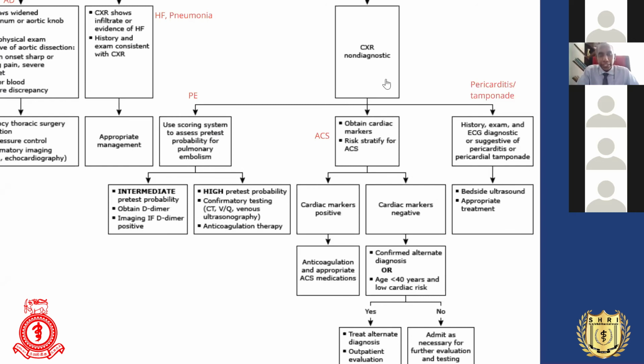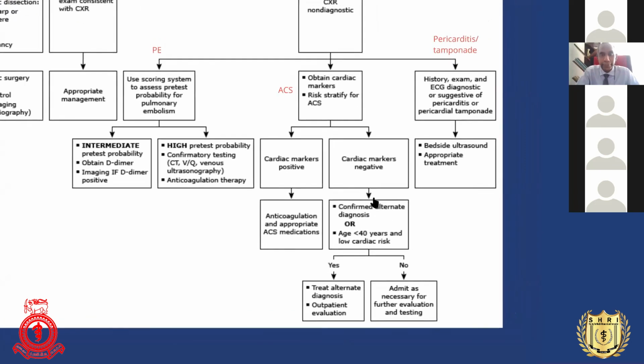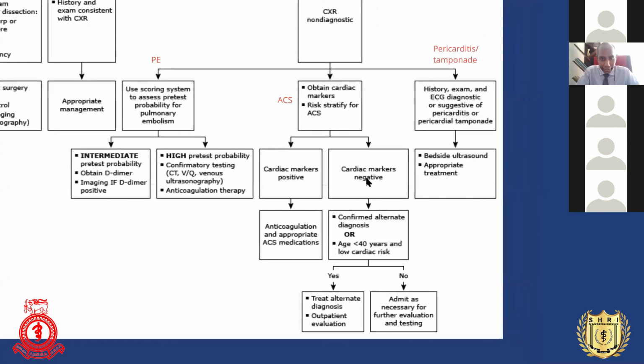And then if the chest X-ray is not diagnostic, even though the patient didn't have any obvious ECG features of acute coronary syndrome, then you have to do cardiac markers, because as I mentioned before, history alone and ECG alone cannot rule out acute coronary syndrome. So you have to add cardiac biomarkers and use a risk stratification tool, maybe HEART, maybe TIMI, whatever it is. If the cardiac markers are positive, that is there is some myocardial damage, then you know how to manage them. And then if the cardiac markers are negative,